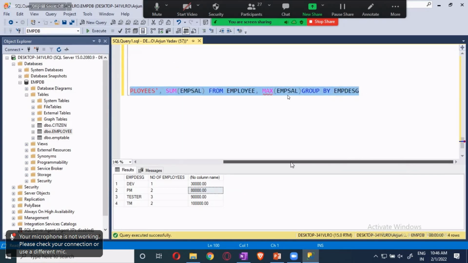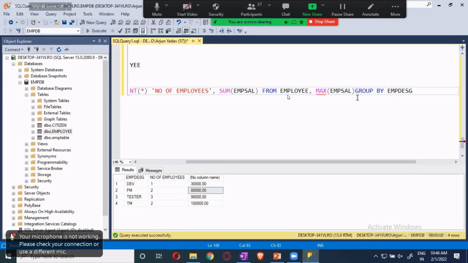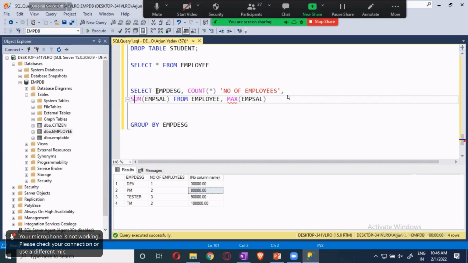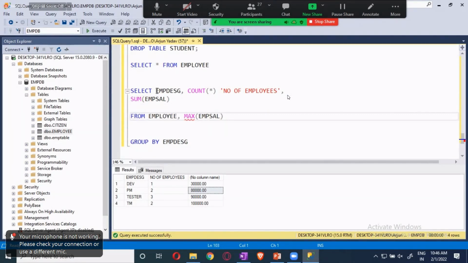Count salary from EMP, and here I'll give it as max EMP SAL.